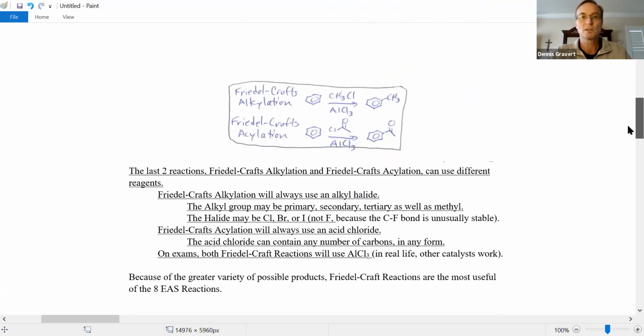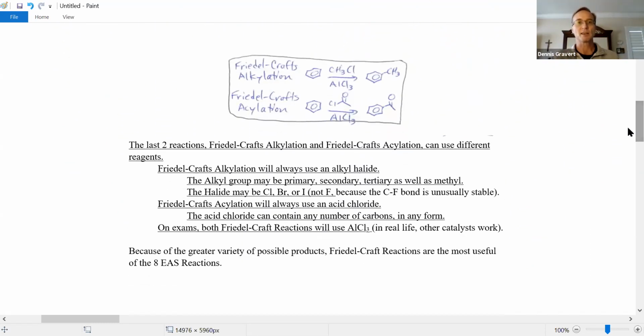Cool. I guess I already covered this. The last 2 reactions can use different reagents. You just modify the numbers of carbons here, and you have a choice of modifying the halide. Most students and teachers don't change these halides though. So you can change the number of carbons on this end of the acid chloride. You can change the number of carbons on this end. The trick though is that you have